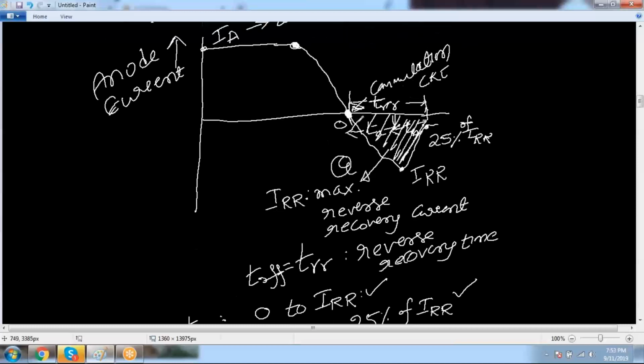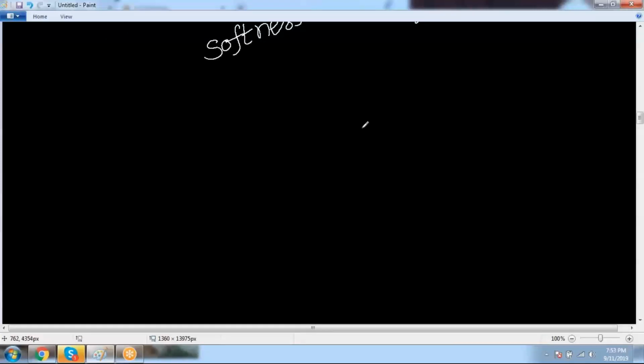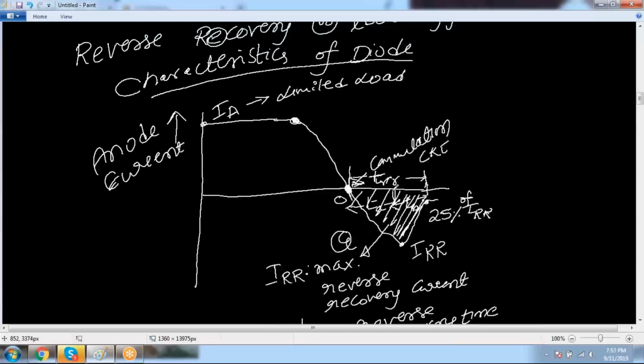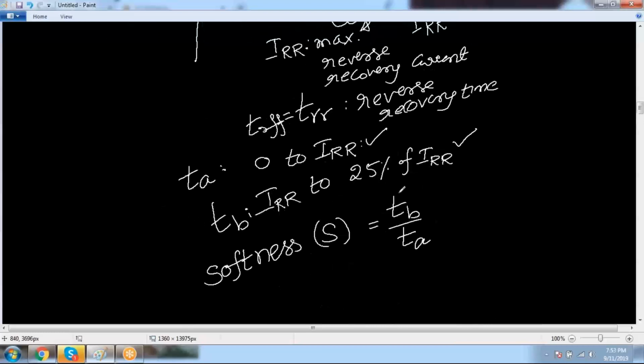How can you calculate the charge? If you take it as a triangle, what is the triangle area? Half into, what is this one? Base. What is the base of this line? TRR,